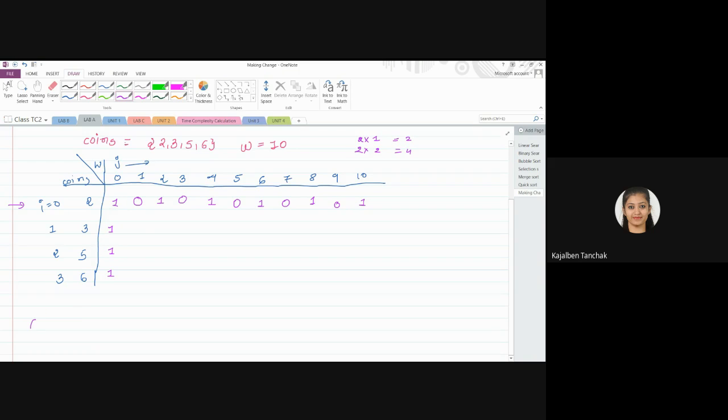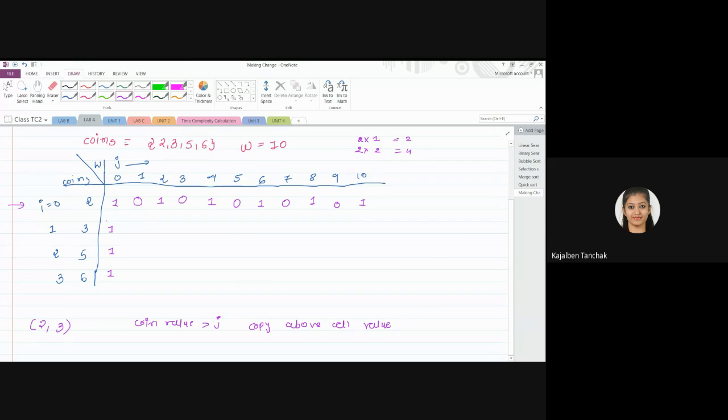Now for the second row, you are having the combination of two coins, 2 rupee coin and 3 rupee coin, right? You are having now a denomination of two different coins, 2 rupees and 3 rupees. Now, what we have to do is we have to check the coin value. If the coin value is greater than j, here the coin value is 3. If this coin value is greater than j, then what will we do? We will copy the above cell value. Whatever is given above, we will simply copy it.